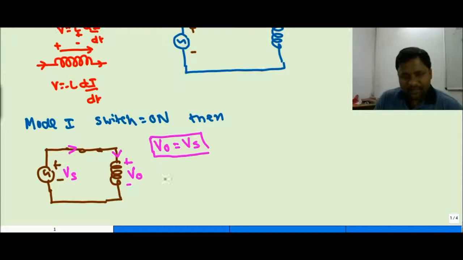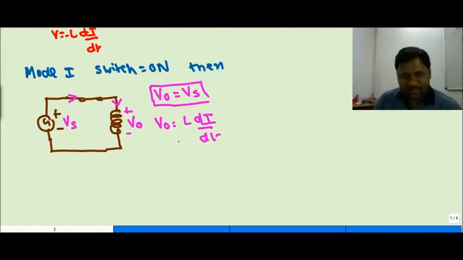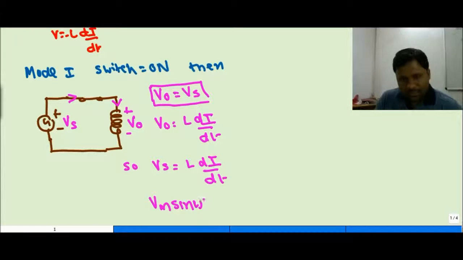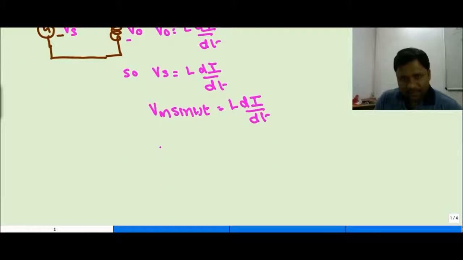We can also say that V0 equals L di upon dt. Since V0 equals Vs, Vs equals L di upon dt. So Vm sine omega t equals L di upon dt. If I try to make the expression of the current, it should be 1 by L times Vm sine omega t dt. Integrating,